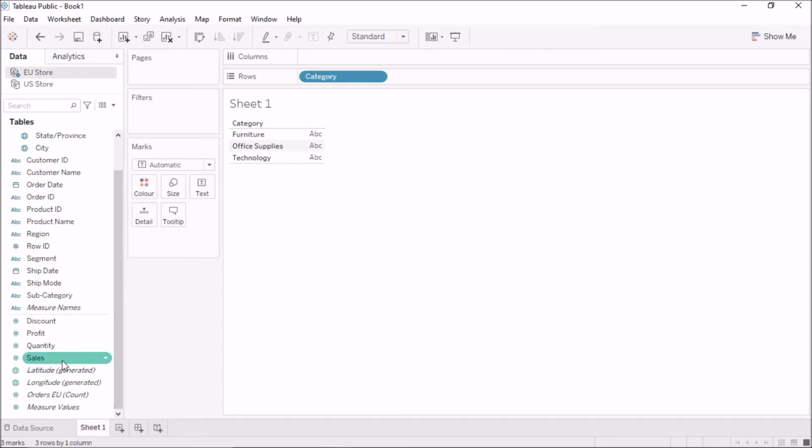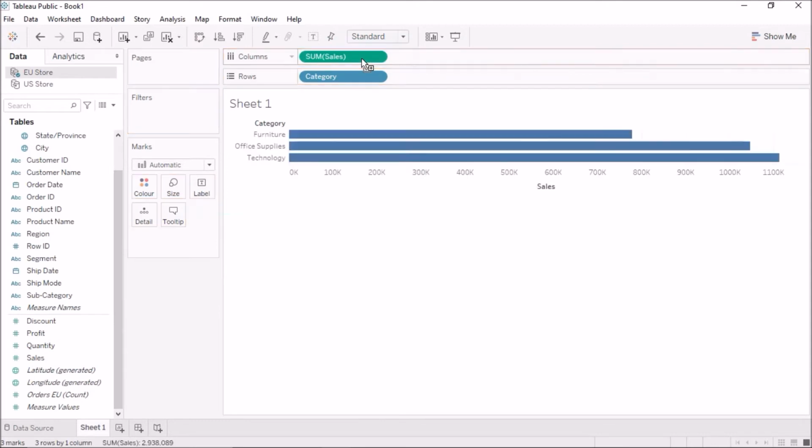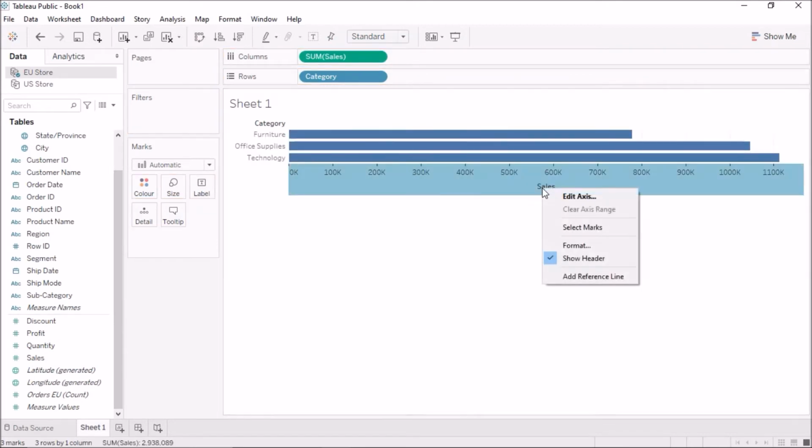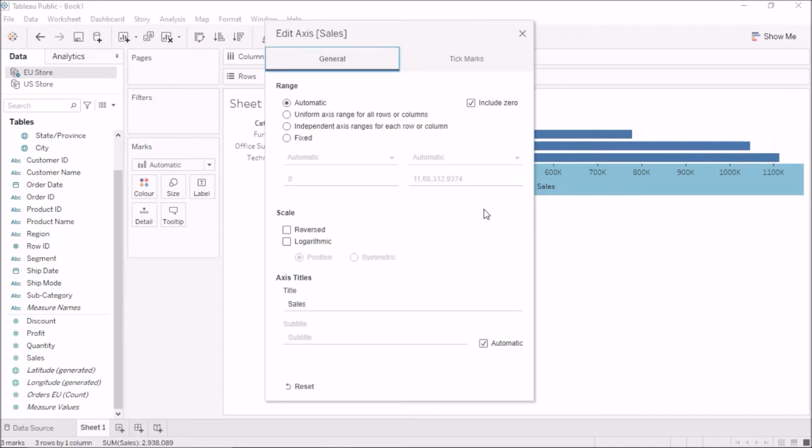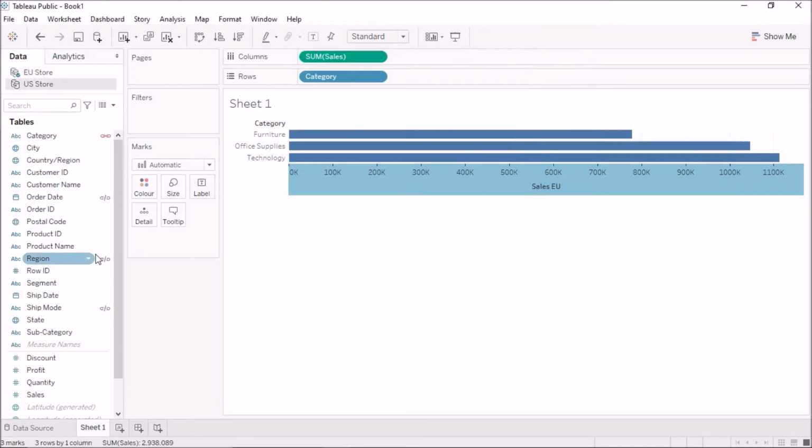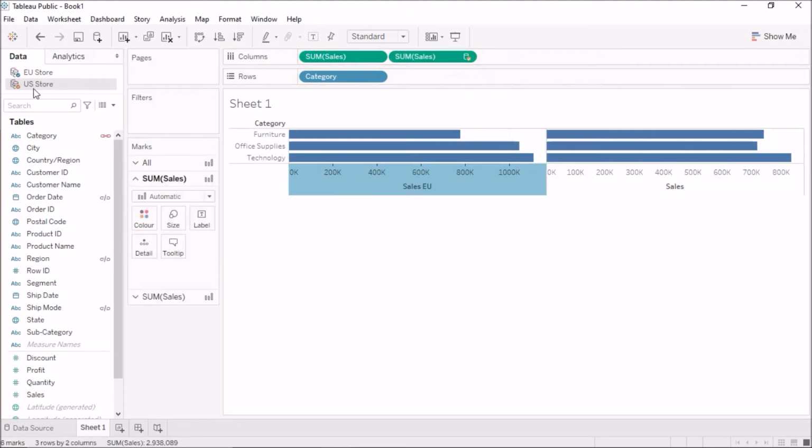For example, if I want to compare the sales in each of the markets, so these are the sales in the European market. So I'll just rename this because the names are sales in both of them. I'll say sales EU. And now I'll come to the US store, and now just pay attention, there's no check mark here, but once I drag the sales here, this becomes orange colored.